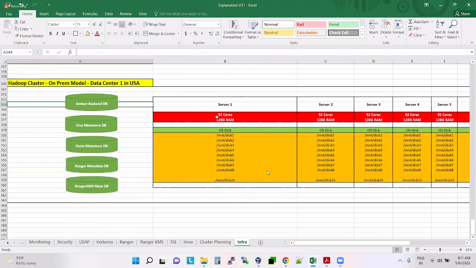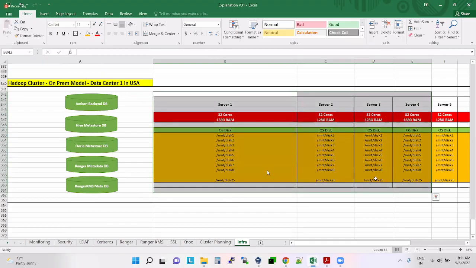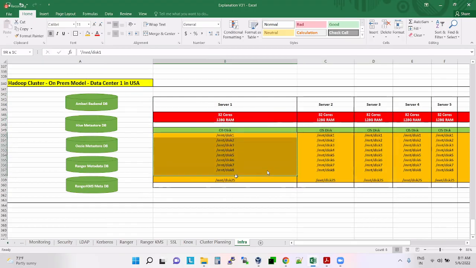So like this, I'm building a Hadoop cluster with 500 servers, and each server has disk 1, disk 2, disk 3, like this. Except the OS disk, you will have 24 disks. It is up to you how many disks you use.